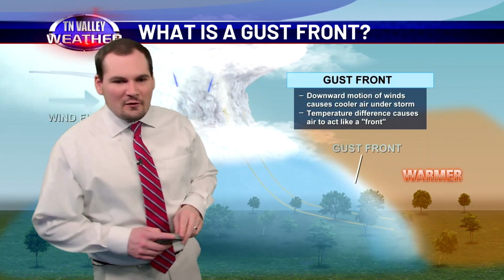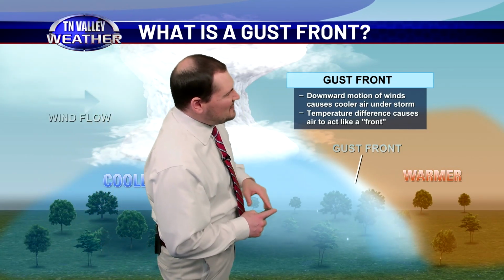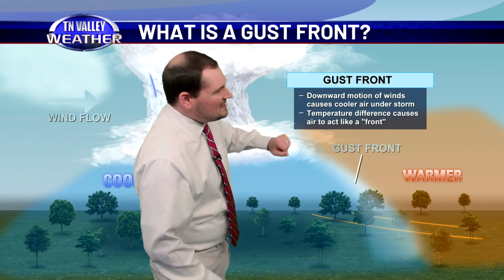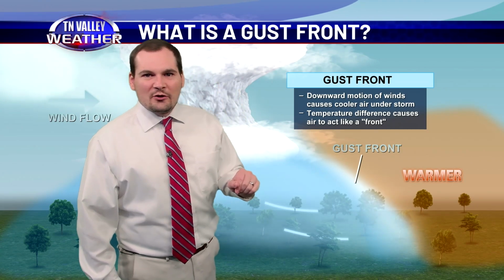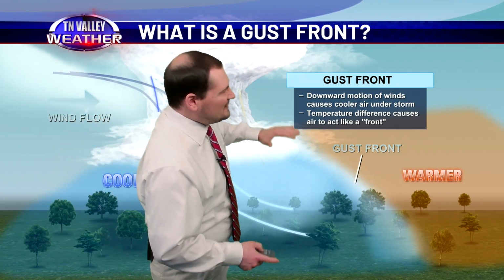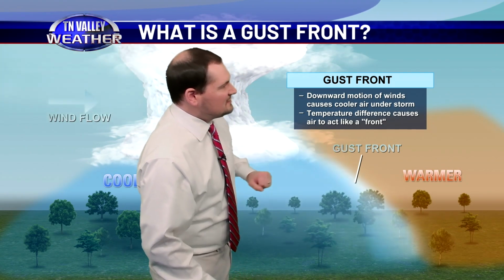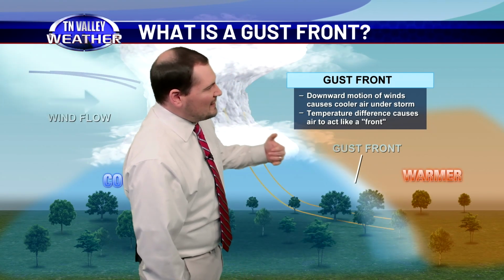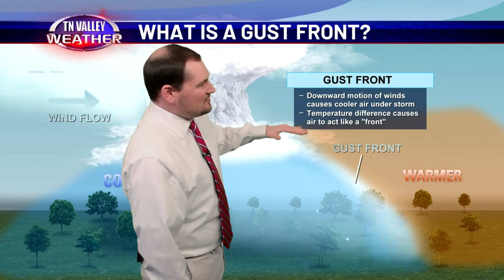and it starts surging out ahead of the storm itself. So once you start getting that aspect, you actually get a temperature change, and that is exactly where you start getting that front. It's literally like a miniature cold front. You start getting that downward motion of winds. It causes the cooler air under the storm to race out in front of it,